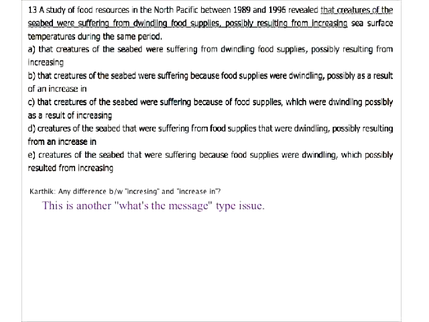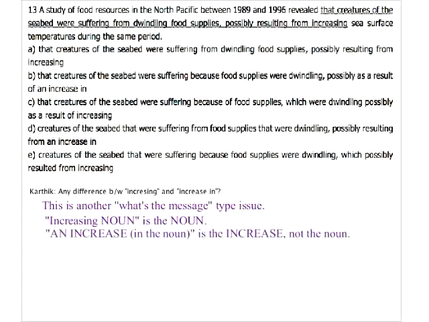Increasing is not a standalone word. If you have "increasing noun," it's basically the noun. But "an increase in the noun" is the increase, not the noun. So, for example, here are four more examples of this kind of thing. So, the increase,